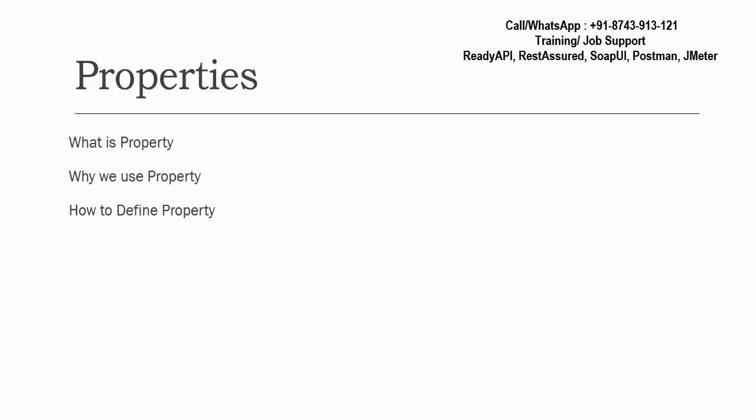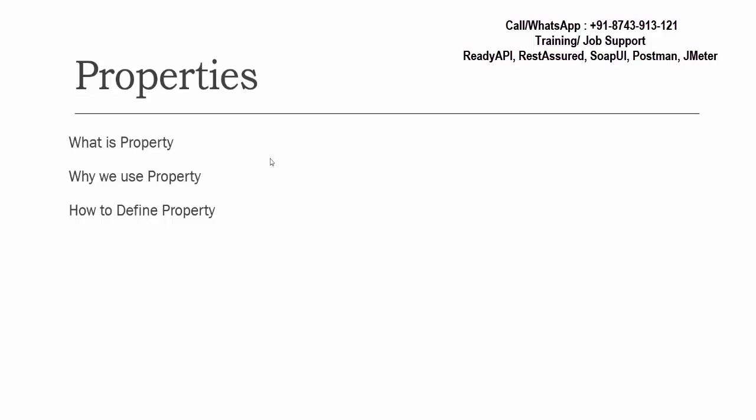So we have seen what a property is. It's simply a variable which holds data. Why do we use properties? That is very important. If I want to use one piece of data in 5 different places, then as of now, I'm just putting the data in all the places. But later on, if the data changes, I'll have to make changes in 5 places.